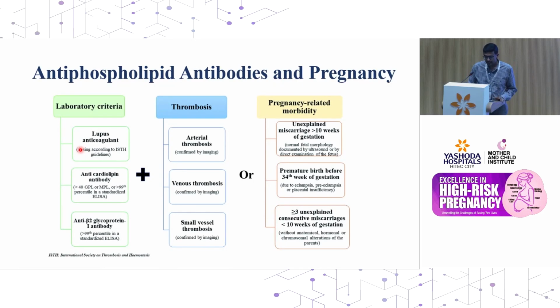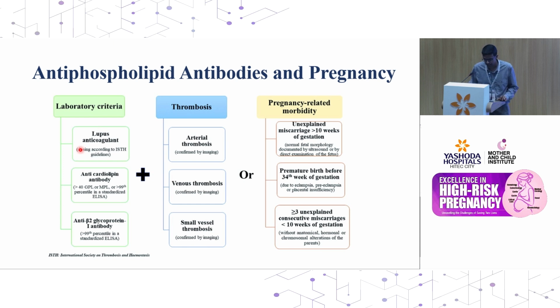In combination with this, the patient's clinical manifestations can be commonly one of two, which is either a thrombotic event or a pregnancy-related morbidity. So we classify it as obstetric APS or thrombotic APS. Thrombosis, as we understand, can be arterial, venous, small vessel. Pregnancy-related morbidity, I am pretty sure we all know here, is basically unexplained 3 miscarriages less than 10 weeks, unexplained miscarriages greater than 10 weeks, even 1, and a premature delivery before 34 weeks due to placental insufficiency